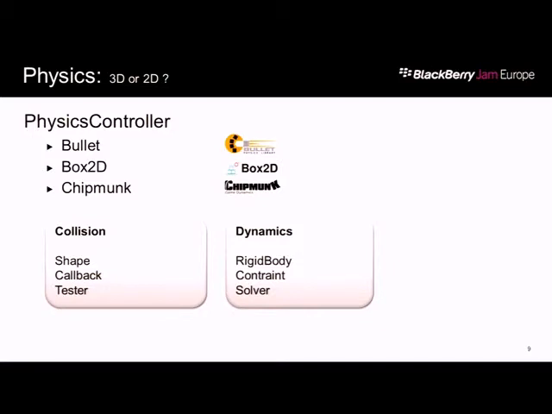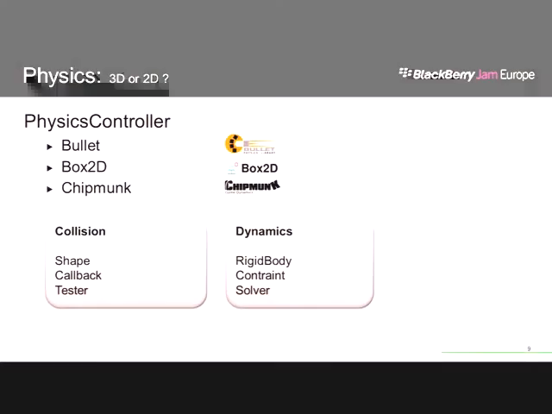Usually it's collision and then dynamics. Collision is the shape and the callbacks and the tests that you can do to find out if I'm going to collide. It's a little tricky. Some people don't understand that if you have inertia and an object's moving in your dynamics area, the collision and dynamics have to work together. Otherwise, you'll do a test and you'll go right through the wall. So the time matters, and they have these solvers inside the dynamics to understand whether or not it's going to collide.